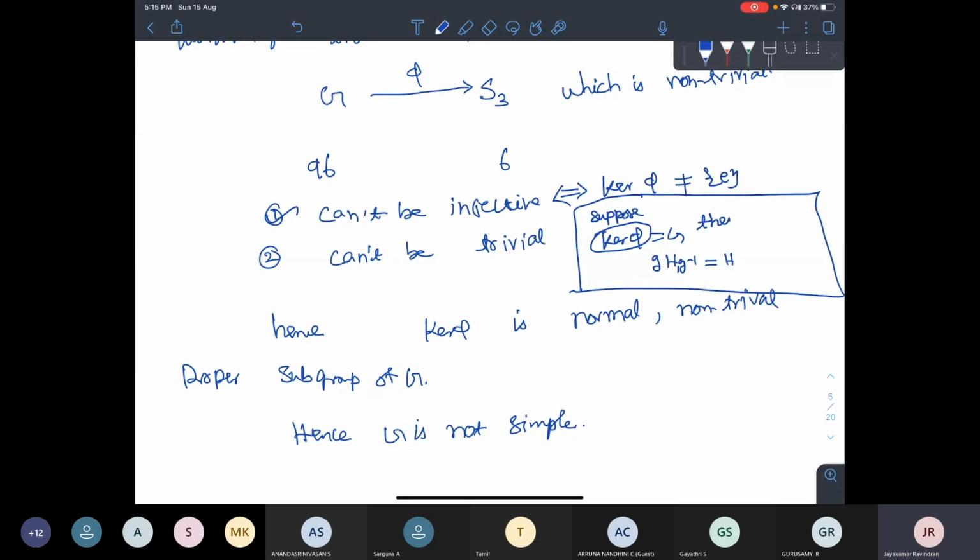So that is how the kernel is defined. Let us recall the kernel definition. The kernel of phi is the intersection of all stabilizers. The kernel of the homomorphism is the same as the kernel of the action. A stabilizer means it will not do anything to X. If the kernel is the total group, then G H1 G inverse is H1, let's say. So it will not do anything. But that is not true.